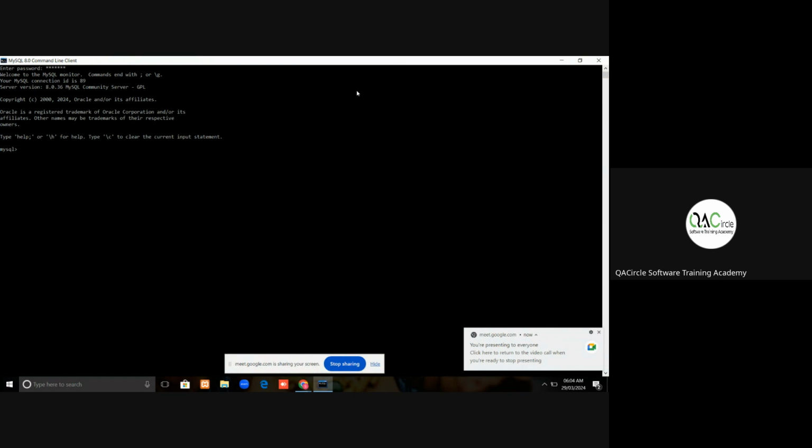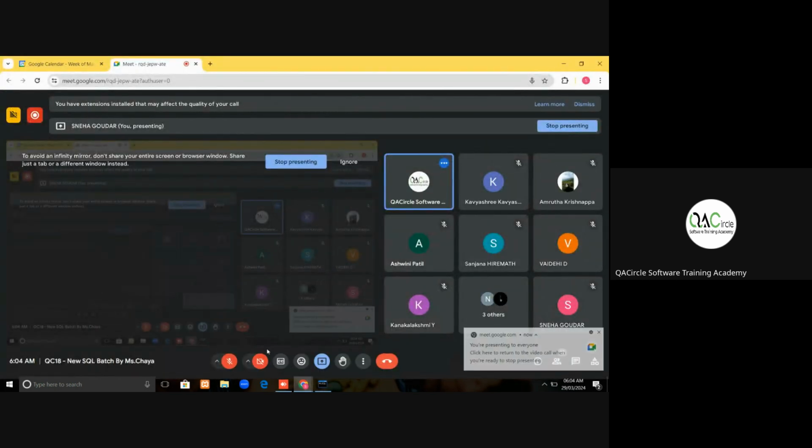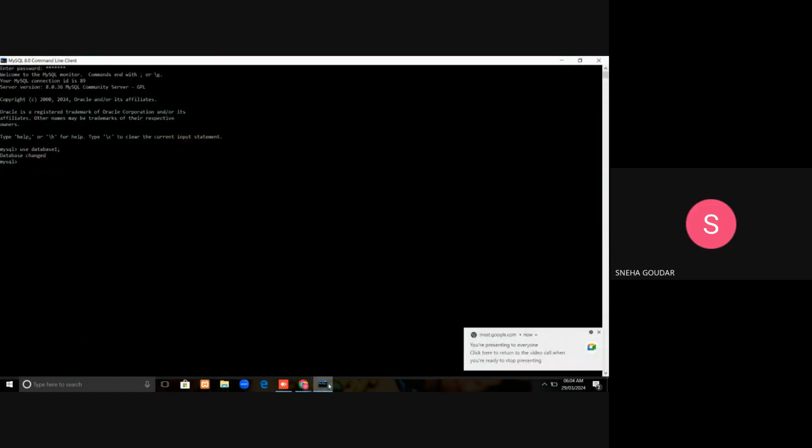What is the first query, Sneha? Write a query to display all the employee details, those who are working in the same designation as Mahesh and Dheeraj. Select star from employee where job in